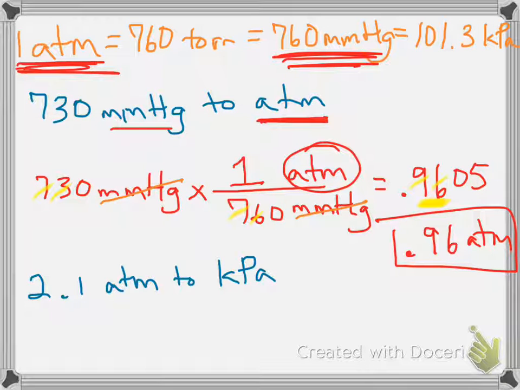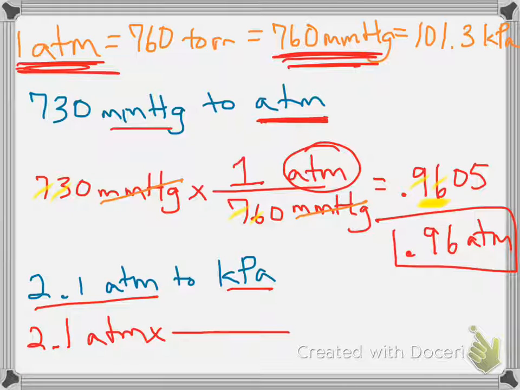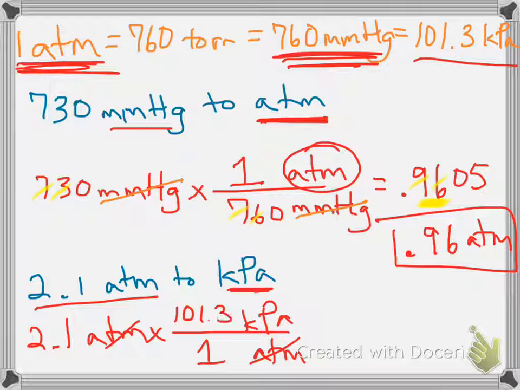So in number 4, I'm converting from 2.1 ATM to kilopascals, kPa. So I start with my 2.1 ATM, my multiplication sign in a line. I'm canceling ATM, so that goes on bottom. And I'm trying to get to kilopascals, so that's on top. I know that 1 ATM is equal to 101.3 kilopascals. So now I'm doing 2.1 times 101.3 divided by 1, which equals